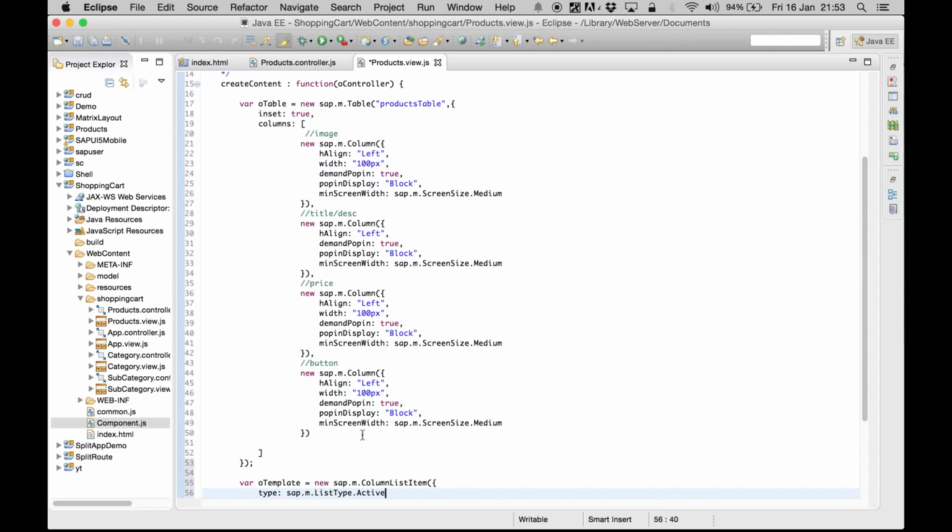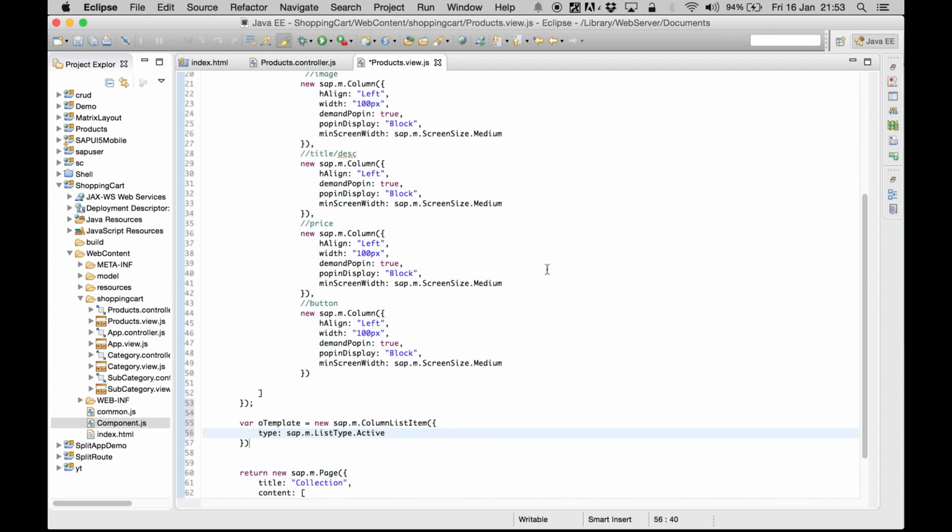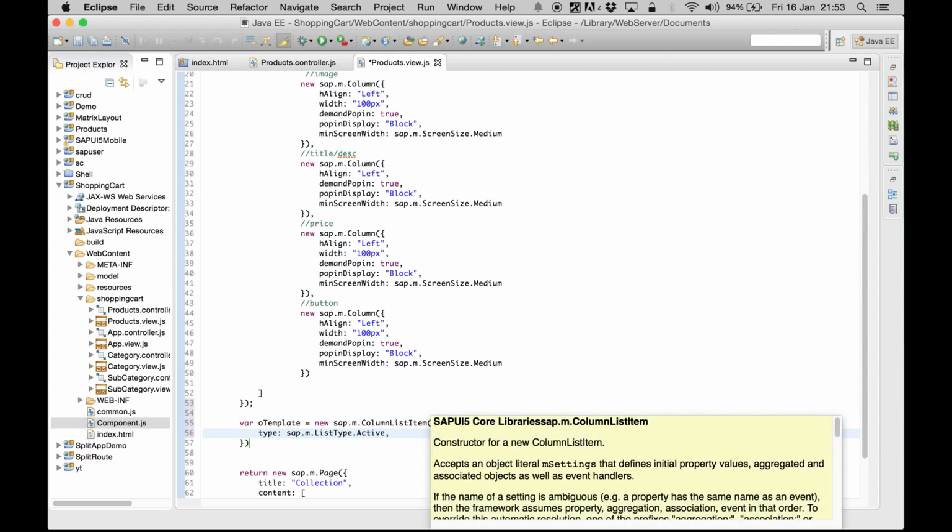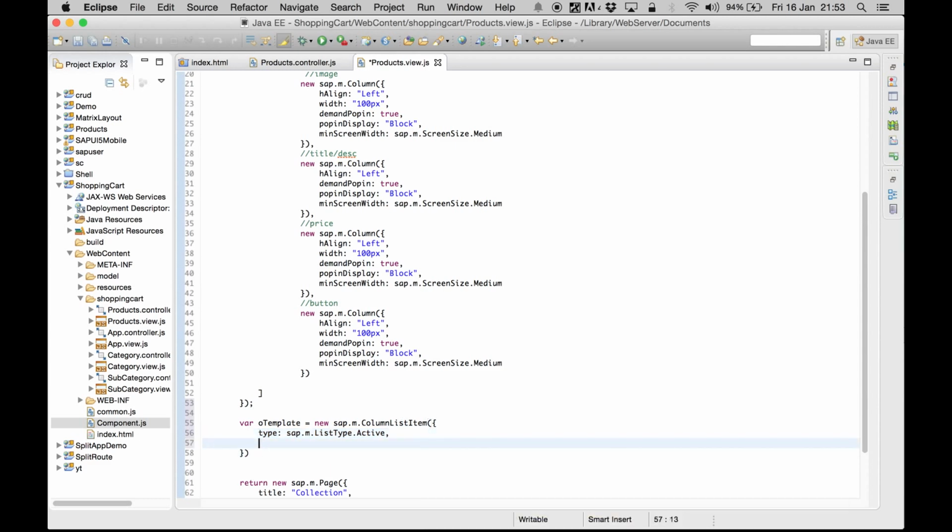And what this means, when we create the table will contain different rows, and we want those rows to be clickable. So this makes those rows clickable, so that when we click on that particular row, we should get inside that particular product. So we'll have a product info page that will be displayed, and after this we are going to have cells,